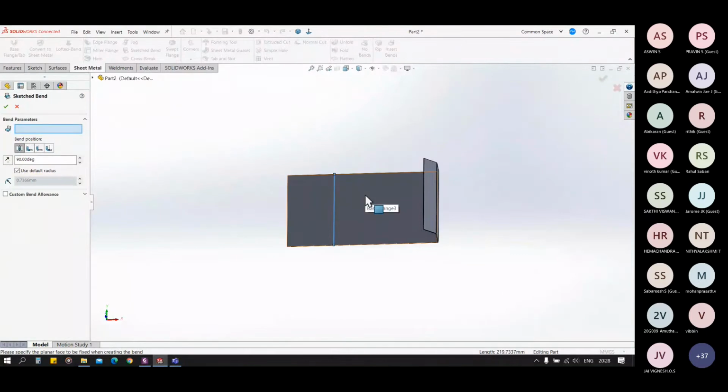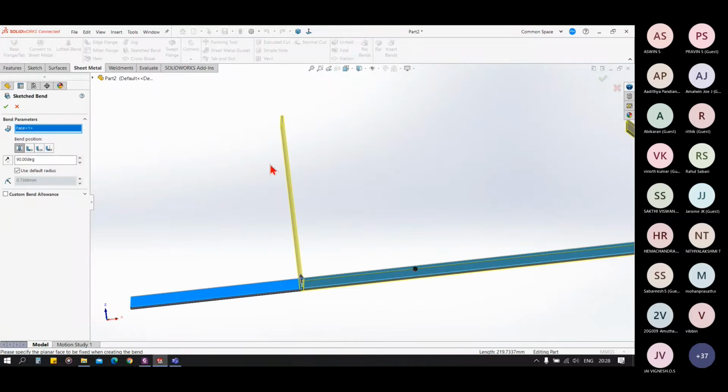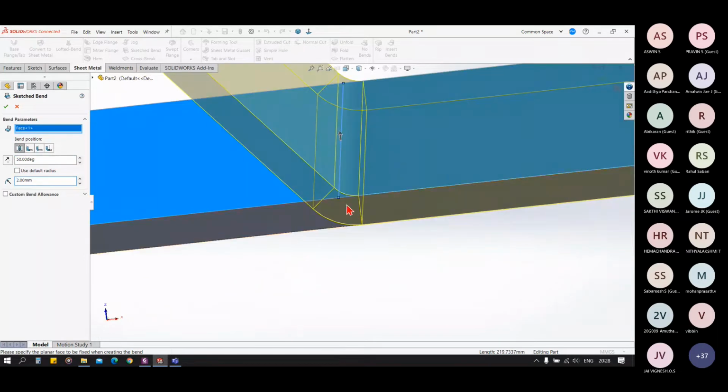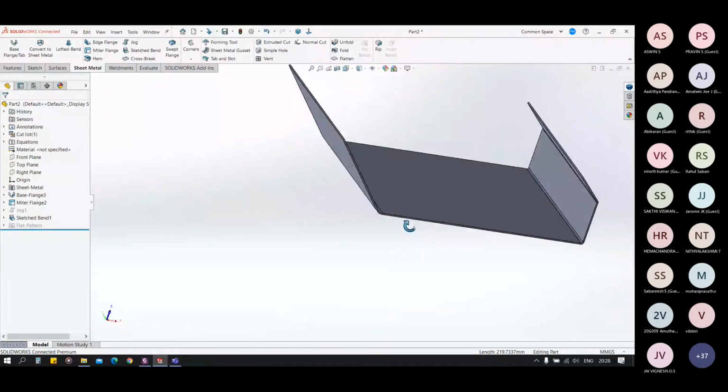So you can see it has created a bend. We can change the position like the earlier ones. We can change the bend angle. We can change the bend radius. You can see it changes here. This is the sketch bend.